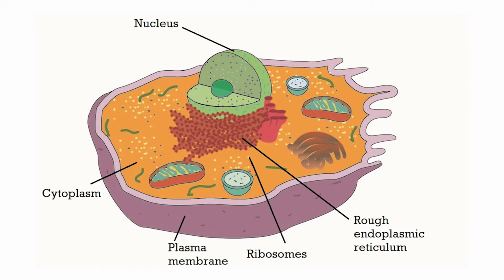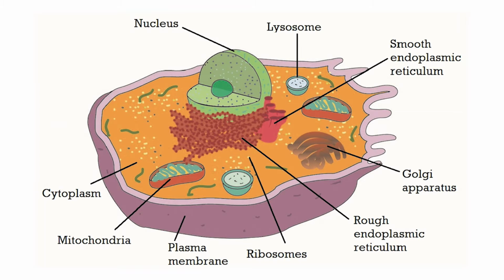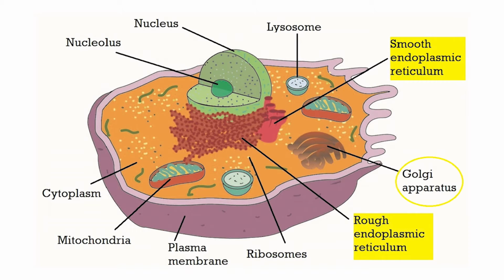In addition to ribosomes, organelles that are uniquely eukaryotic include the Golgi apparatus, endoplasmic reticulum, mitochondria, lysosomes, vacuoles, and nucleolus. The endoplasmic reticulum comes in two varieties, smooth and rough. Smooth ER is involved in the synthesis of lipids like steroid hormones, while the rough ER is directly involved in protein synthesis and is studded with ribosomes. Products from the ER are subsequently sorted and packaged by the Golgi apparatus, whose function is often compared to